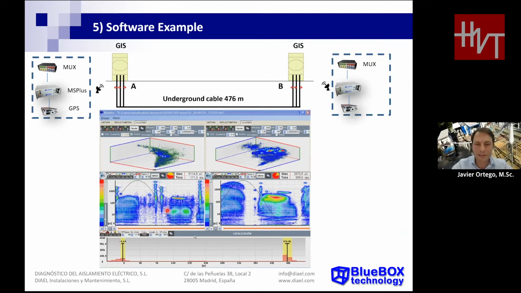The first one is the automatic localization tool. Here at the bottom of the picture, we have one concentration at 0 meters, or at substation A, and we have another concentration of PD at 408 meters at substation B. So we have two concentrations that we can analyze in order to see which PD is coming from each substation. And we will see in a video how we can cluster the information that is located in each position.